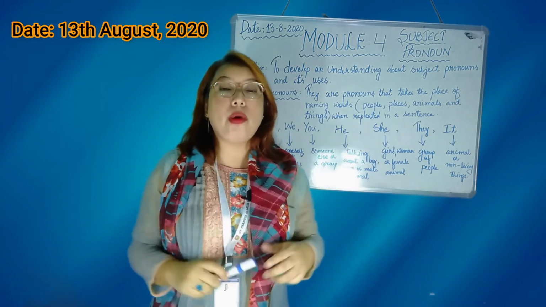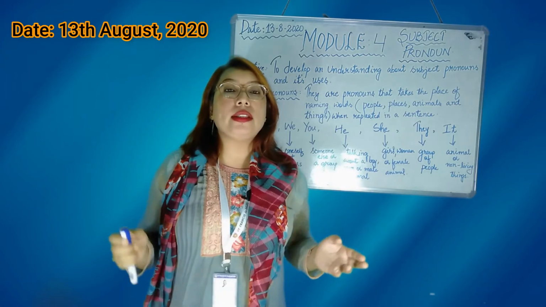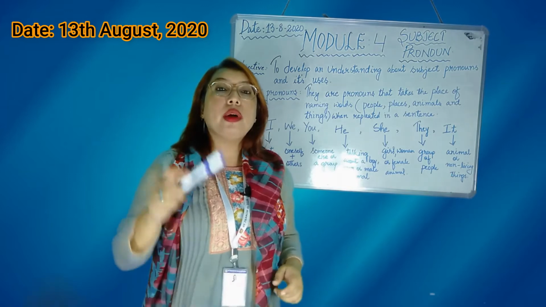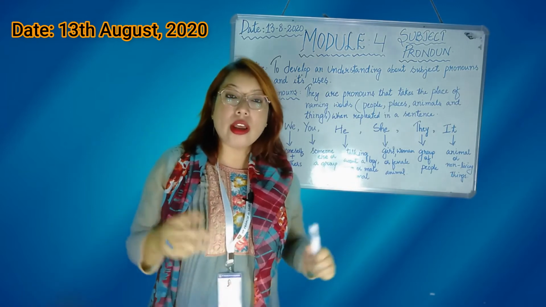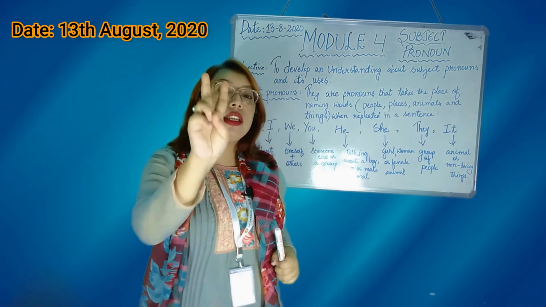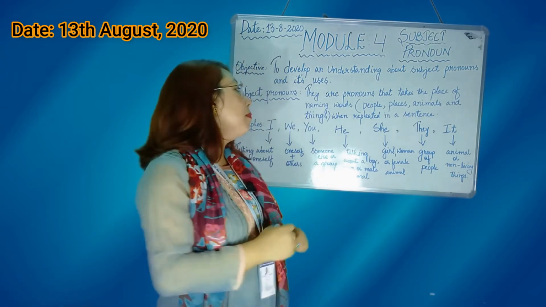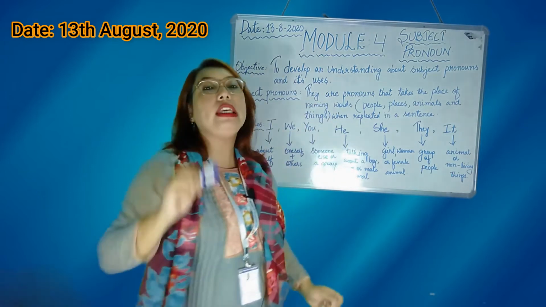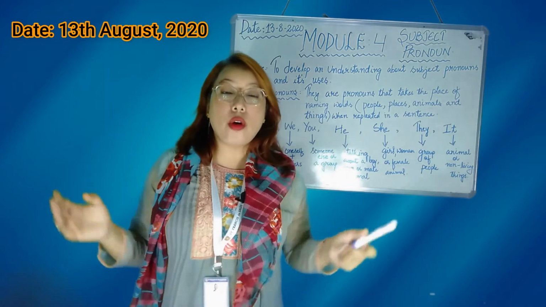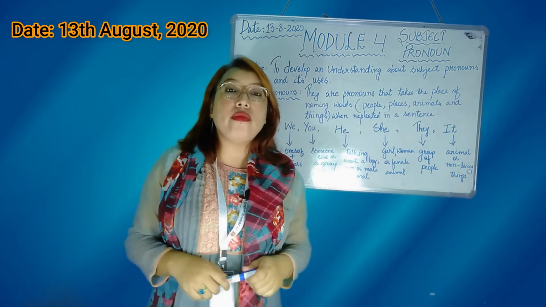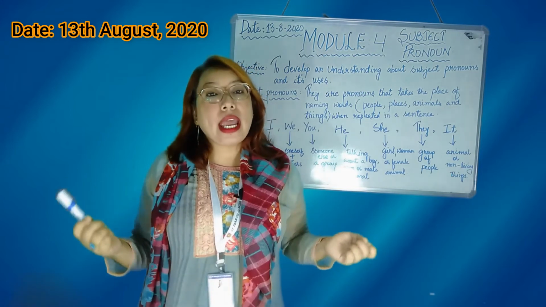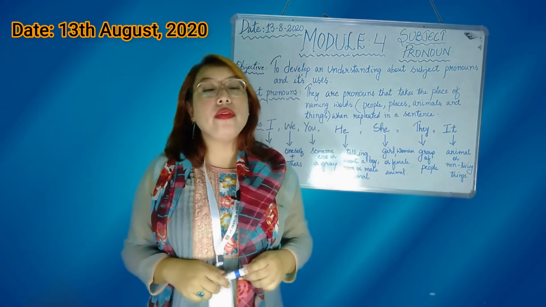Ravi is a good boy. Ravi rides his bicycle every day. So I am using the word Ravi again, right? Ravi is a boy. So what can I do? Instead of saying Ravi 2 times, I can simply use this subject pronoun he, because we use this subject pronoun for boys, right? I can say, Ravi is a good boy. He rides his bicycle every day.